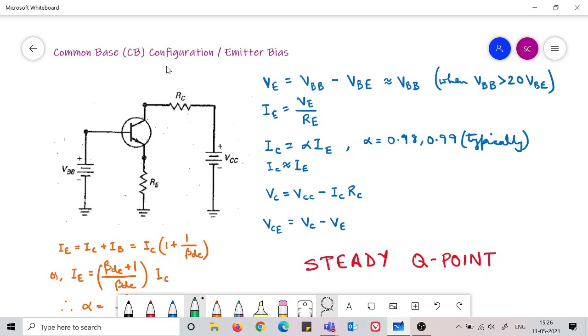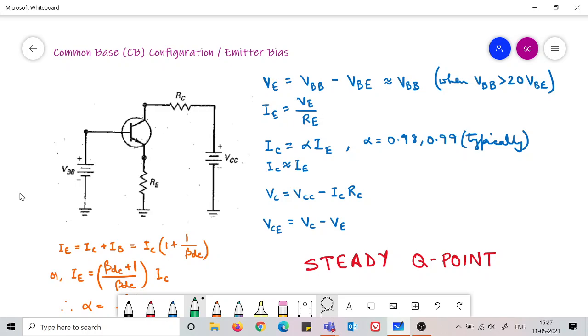In the case of common emitter, there was no resistance in the emitter terminal, but since we do not need a voltage source in the emitter terminal, the emitter terminal was directly connected to ground. In the base terminal we need to supply some voltage, so it is connected to the ground via a source voltage, and the resistances are in the collector and the emitter.